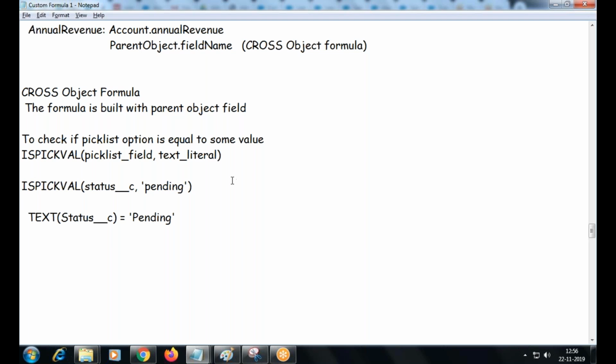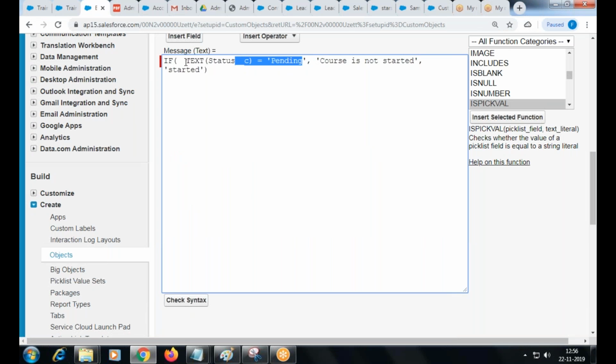It is going to return true. What is the purpose of this function? It returns true if equal to literal. That's all right. So we are going to use this here. isPickVal. What is the field?